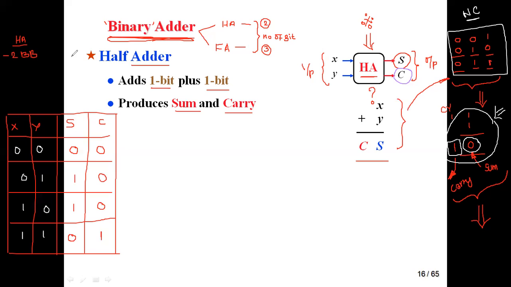Then what is the next step? I'm going to design a logic circuit. For that, I'm going to use the Karnaugh map, K map reduction. What is our output? I'm going to produce only two things from the applied input. One is called sum, another one is called carry. So I'm going to derive the expression for these two things. I'm going to draw the Karnaugh map by using two variable Karnaugh maps.